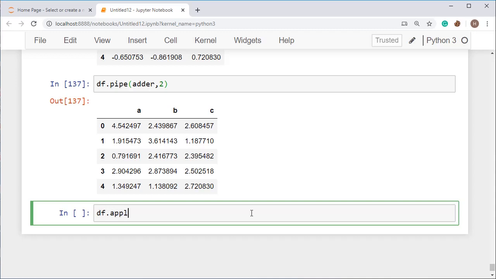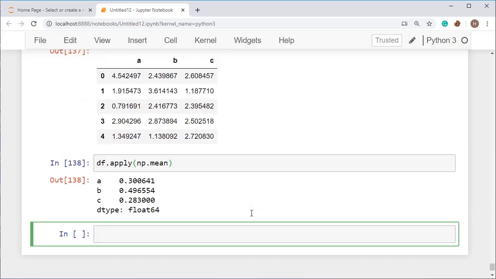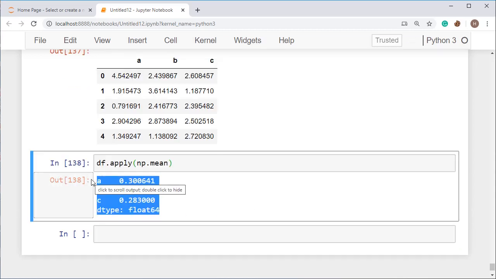So df.apply and then np.mean. You can understand that np is for numpy, so we are using the numpy function in pandas. So here is the mean of all the columns. Okay, you can also apply it by row and column.